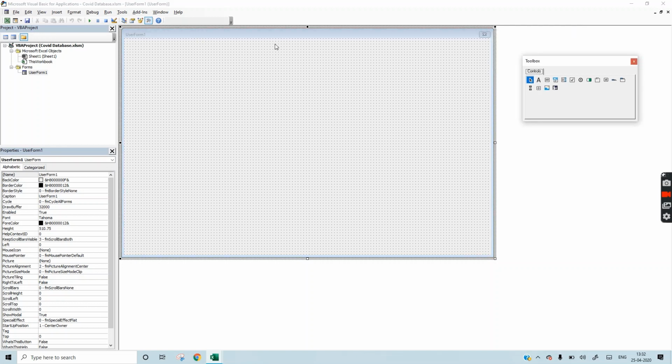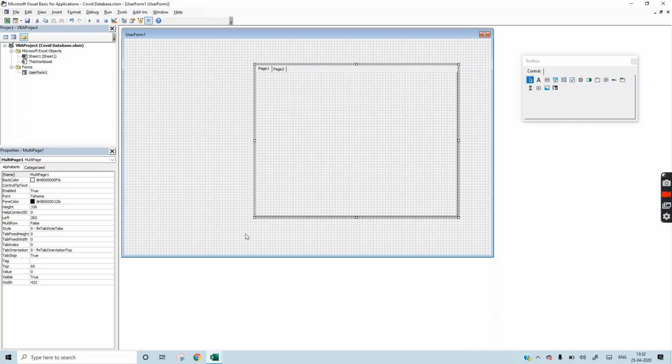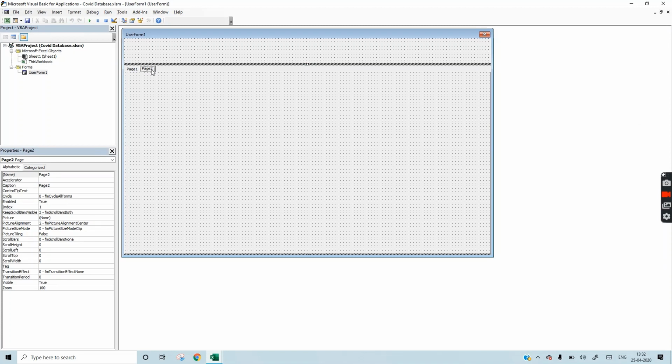We want to make it double page. This is our toolbox. All the items will come from here only. This is a frame, multi-frame. We will drag it here. This will be page 2.